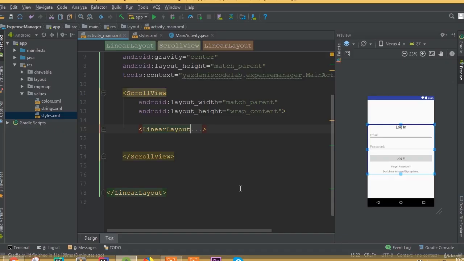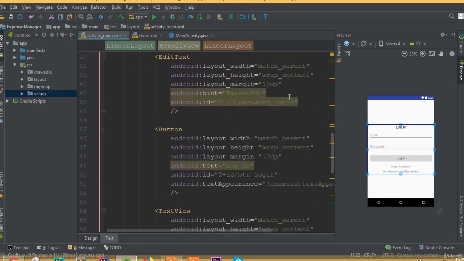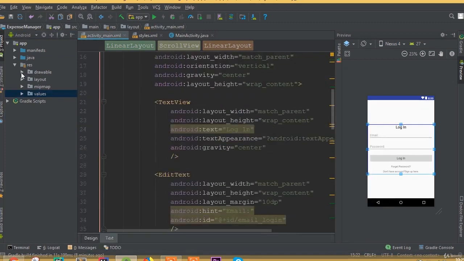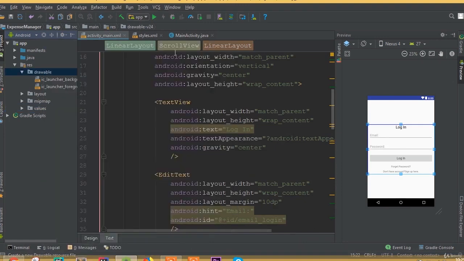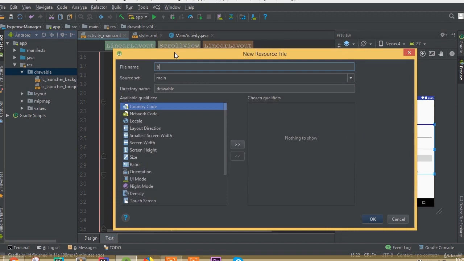Welcome back once again. In this part we will design our login layout. We will add background color and custom design for our input field and our button. So for doing this we need to create a drawable resource file where we can do our custom design. So drawable resource file and call it